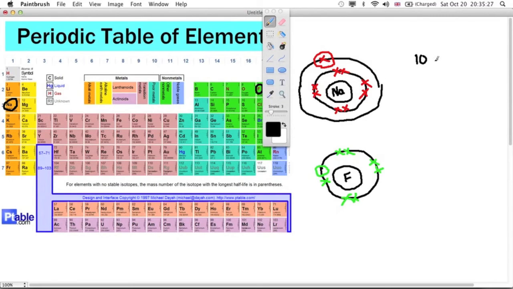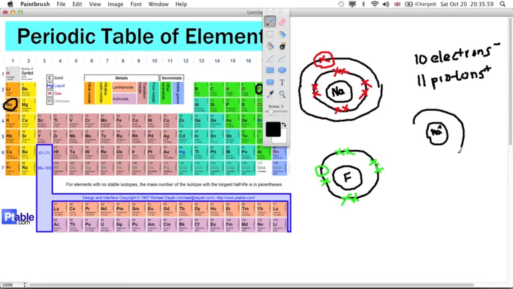So sodium now has 10 electrons because it just lost 1 electron, but it has 11 protons. And you remember what we talked about last time, that protons and electrons have a charge. Protons have a positive charge and electrons have a negative charge. So now sodium's overall charge becomes positive. So it becomes Na+,